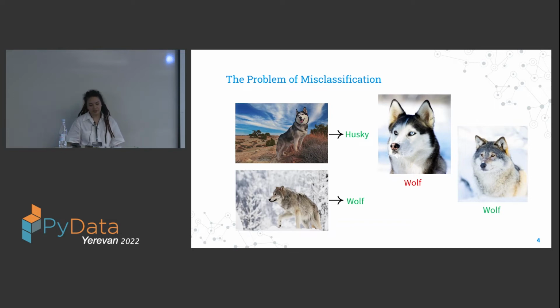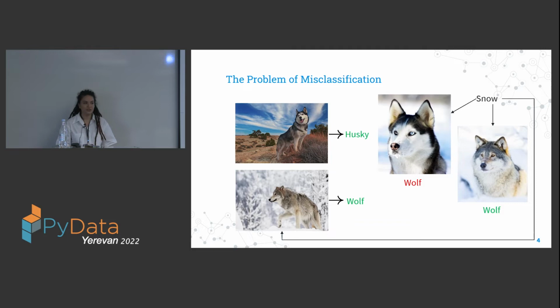And it can be especially dangerous if someone wants to adopt a husky. Anyway, what was the cause for misclassification in this case? It was the snow, because in the historical data, a lot of wolf pictures had snow in the background, and the machine learning model got confused in this situation. But we don't really know about the reasons behind each misclassification because the models used are highly sophisticated and the users don't really understand how the model came to a certain decision.